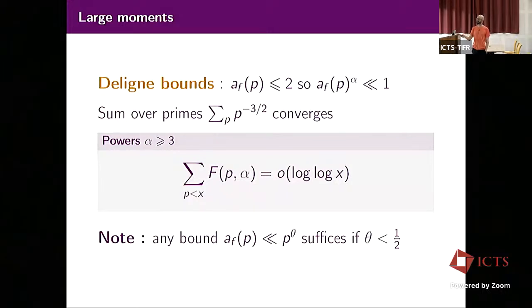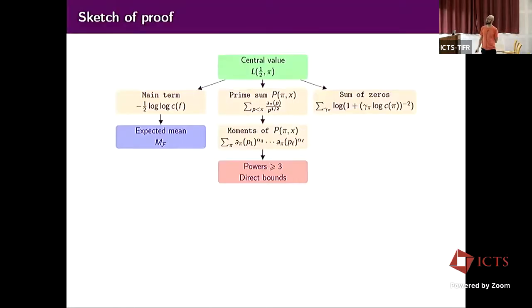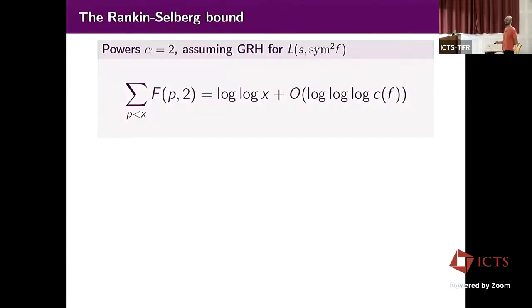For the standard L function for GSp4, we just don't know that, and that already breaks for the large bounds. Anyway, the two hard parts are the second moment and the first moment, powers 2 and powers 1. The second moments will contribute to the main term. They will give the variance, in fact. They will give this log x to the k over 2.